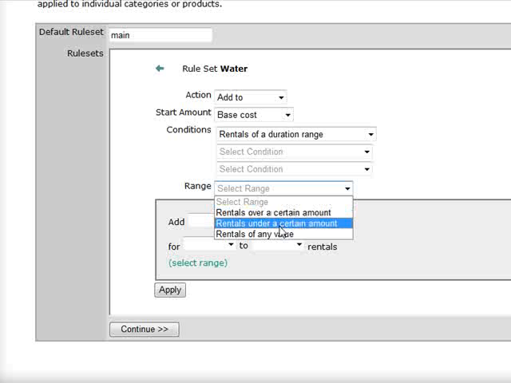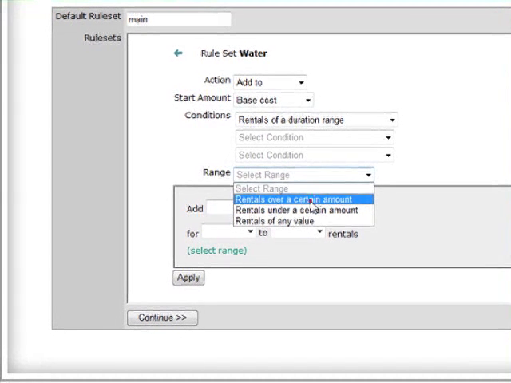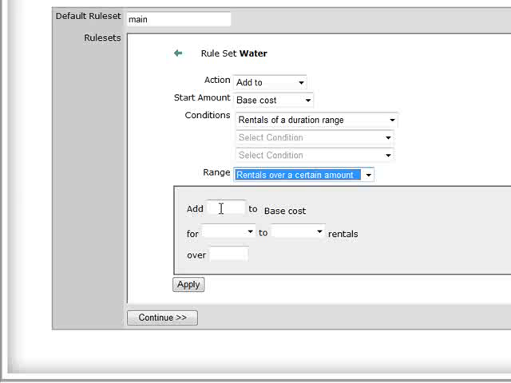So we can say any value again, but let's say that I might someday put chairs or something really small into this category. I can always say over a certain amount, and that way you'll see how this works. We'll say add $40